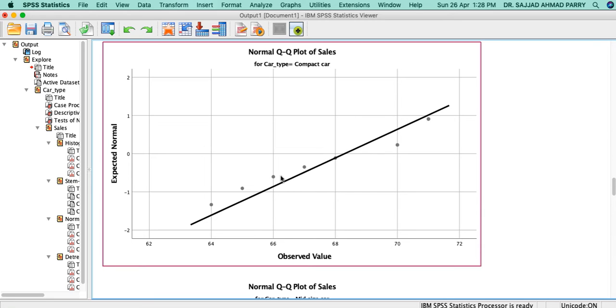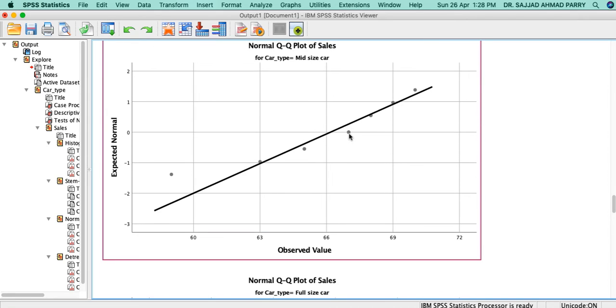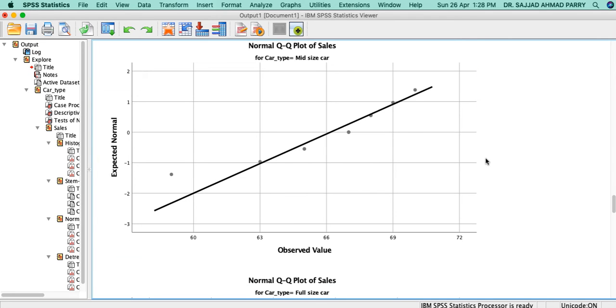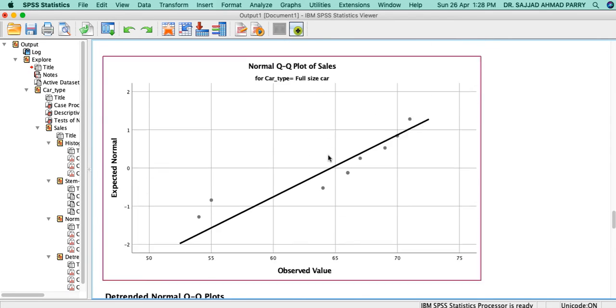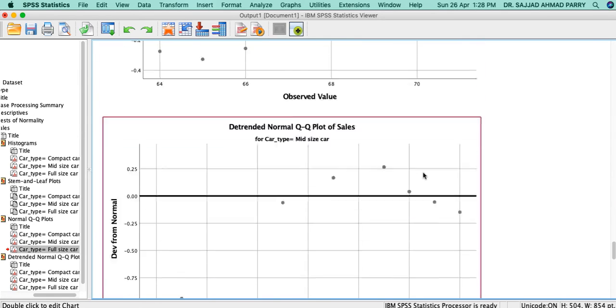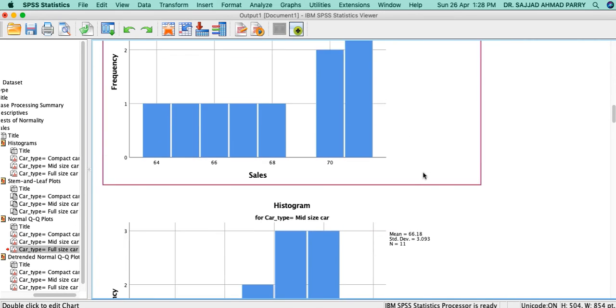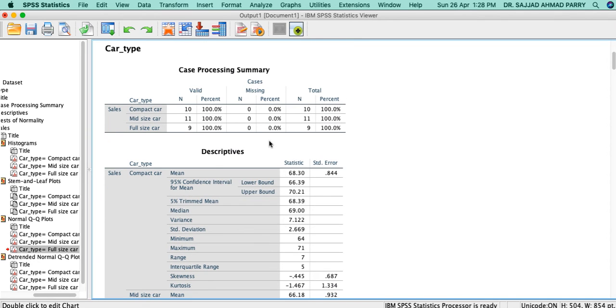Somehow they are a little above, a little bit away from this line. But here also, most of them are on the diagonal. One point is here, one value is here. In this quartile plot, again, they are a little bit away from the diagonal. So this is not the right way. Sometimes we should better believe in the statistical, numerical values that we have here.